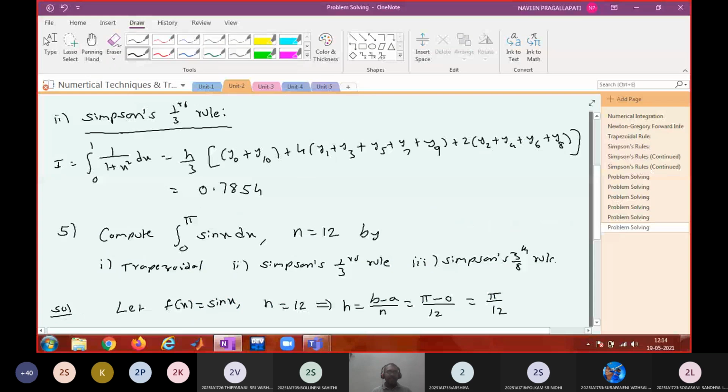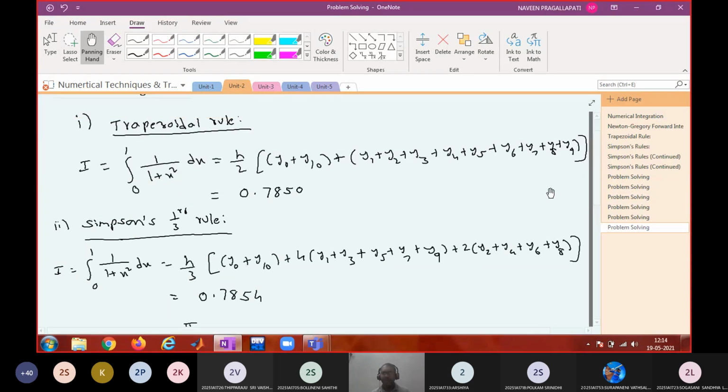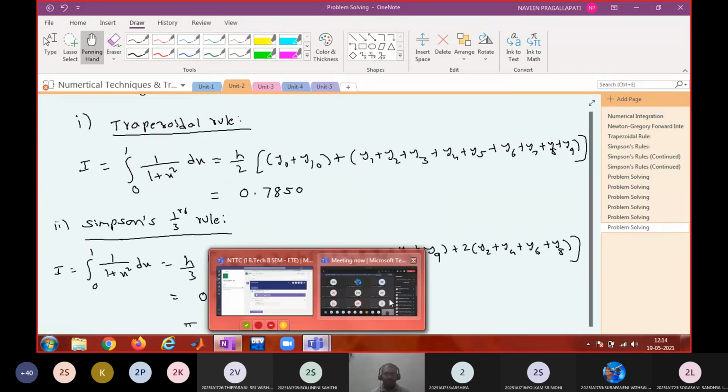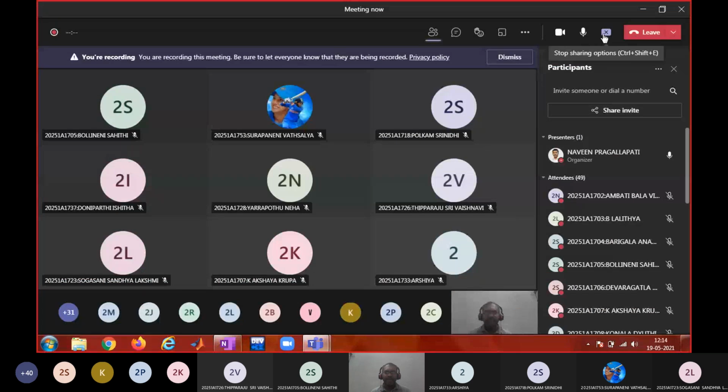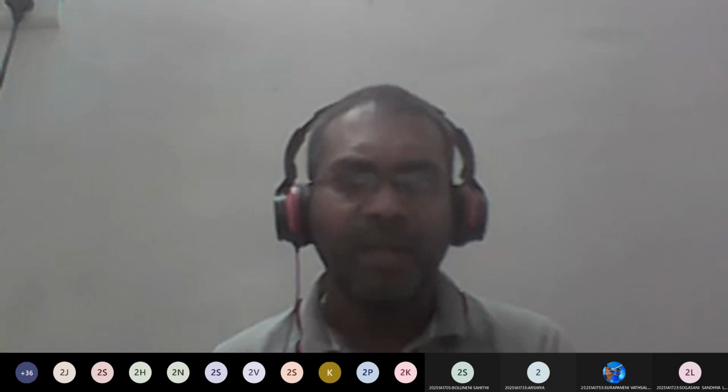In exams, they may give n equal to 10, n equal to 6, like that. Whatever n value is given, you take that n value. If n value is not mentioned, you choose your own n. At least 6 is better. So that is how we do problems on numerical integration. With this, I am concluding this part. In the next class, I will be starting the last topic of